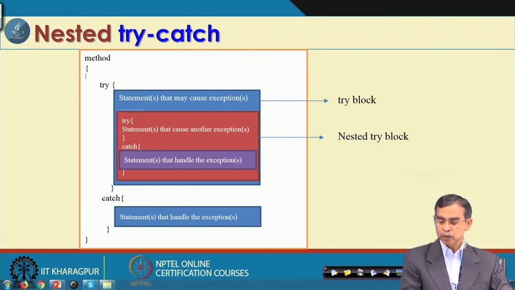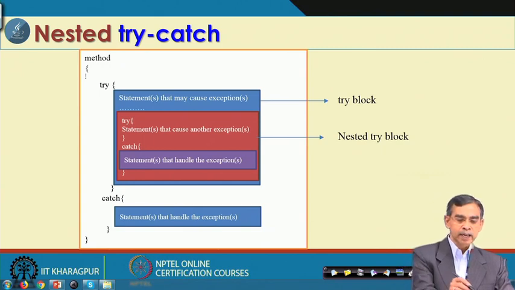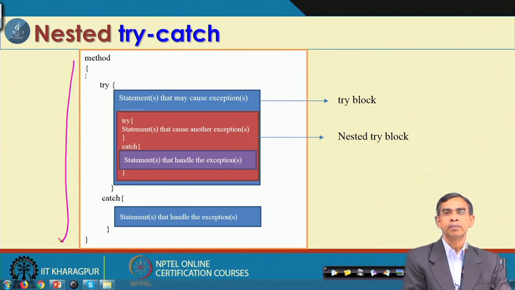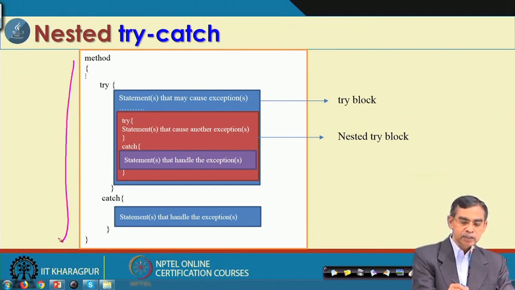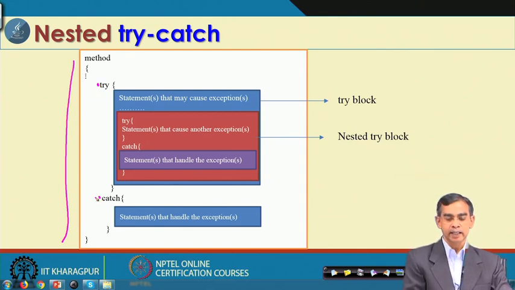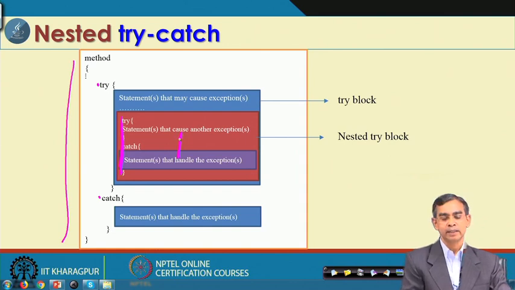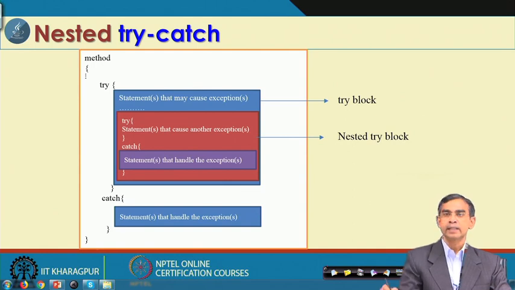Now, the basic concept of the nested try catch block can be understood from this. Suppose this is the method which is under investigation for handling exceptions, and here you see there is an outer try catch block. Within this try catch we can define another try catch, called the inner. Within this also another try catch block can be defined like this. So, if we define a try catch block within another try catch block, then such a construct is called a nested try catch block. Now, let us see one example where it can be applicable.